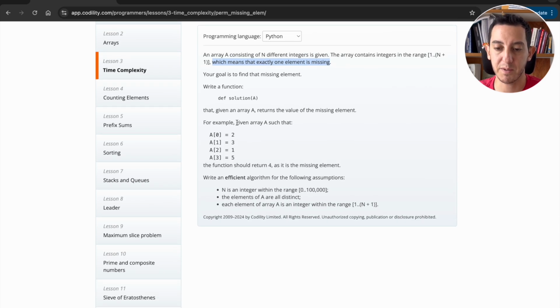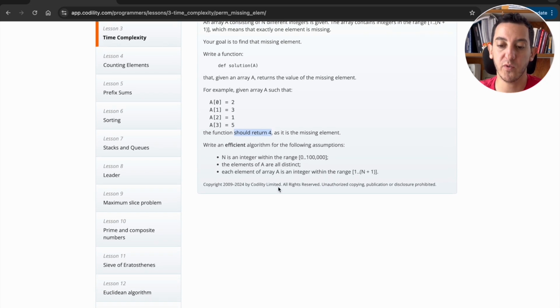For example, given an array A such that it contains 2, 3, 1, and 5, the function should return 4, as it is the missing element. Write an efficient algorithm for the following assumptions. N is an integer within the range 0 to 100,000. The elements of A are all distinct, and each element of the array is an integer within the range 1 to n plus 1. So let's go ahead and dissect the solution so we can understand how the Gauss formula plays